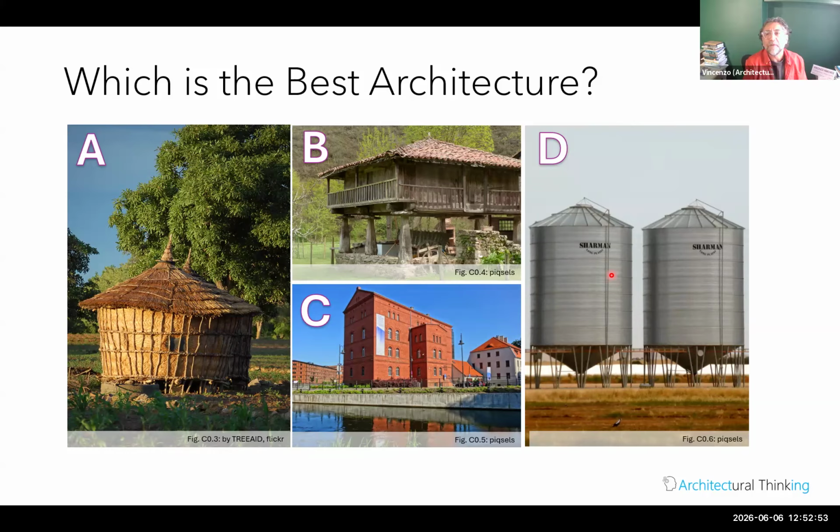And this is one of the examples that I used during the training course. If I were to ask you out of these 4 options, what is the best architecture? Obviously, nobody would be able to say it's A, B, C, or D, because the answer is, it depends. Yes, but what does it depend on? So I could give you, okay, the functional purpose of the building is to store grain, up to 5 tons of grain, let's say. Okay, then you can already exclude a couple of options, A and B. It could be C, could be D, and maybe you say, okay, I'll go with C.